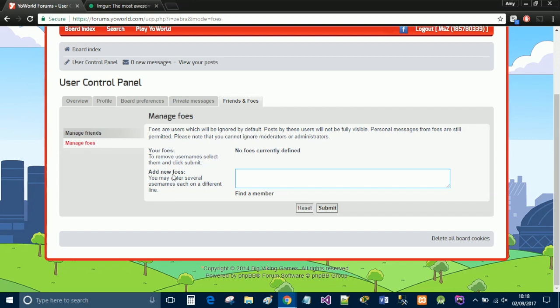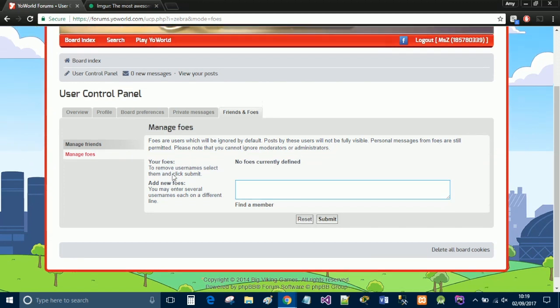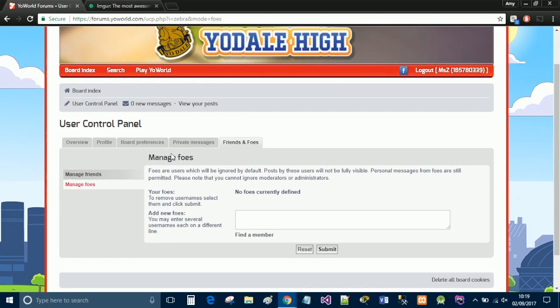But apparently the foes list doesn't really work that well, because people who are on your foes list can still see your threads, they can still reply to them, and you can still reply to theirs. It's just pointless, if I'm honest with you. So yeah, in terms of creating a signature, we'll have a look at creating a, in fact no, we'll go